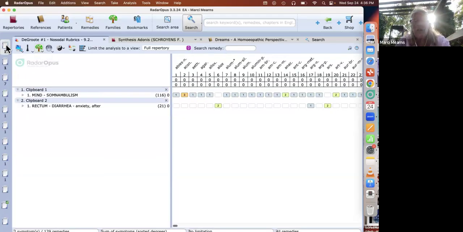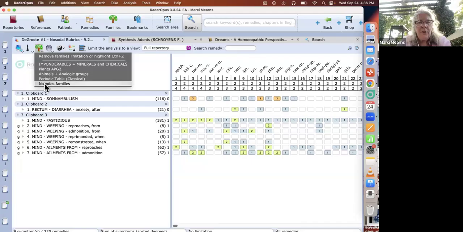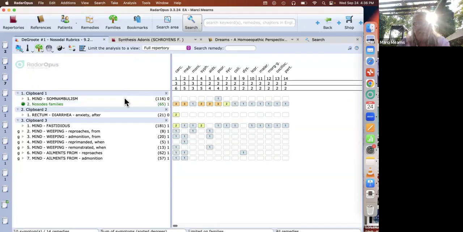So with the first two clipboards, I've got zero. I've got zero of a score here because these both contain nosodes. And what we don't want to do is confuse the ancestral energy of the patient with what's actually the individual remedy in the moment. Okay. Let's bring up the next clipboard and let's again put our limit on there for nosodes and see which ones of these we need to get rid of.